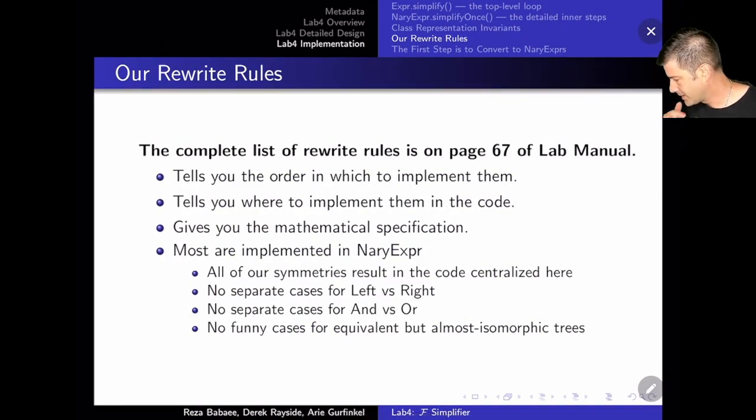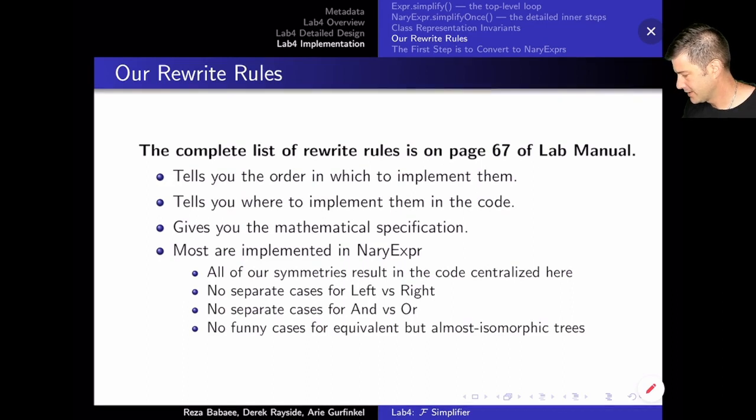Okay, so the rewrite rules that we use are in the lab manual. I hope it is on page 67, but maybe not. Post on Campus Wire if it's not. The lecture notes and the lab manual are sort of in sync when I compile them, but sometimes they go out. So I haven't checked if it's really page 67 on the latest version, but somewhere inside the lab 4 description,